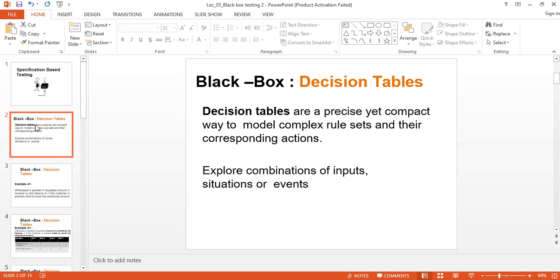So again, we have other different techniques in black box testing also, right? So yeah, we have decision tables, and then we have state machines also, right? I will be focusing more on the decision tables because it will appear on your exam paper, right? And when you do your final year project, these decision tables would be very helpful when we have so many different combinations of inputs, right?